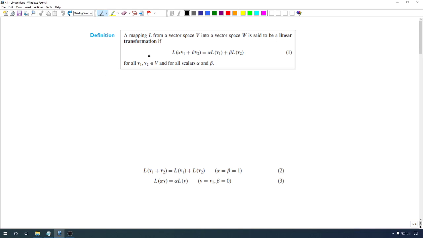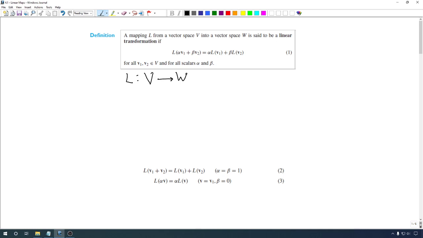A linear transformation is a function from a vector space to another vector space that satisfies a particular condition. So you can see the definition up on the screen. And I want to first, before we even get started, point out that the book introduces function notation in this section. So we're saying that we have a function L that goes from the space V to